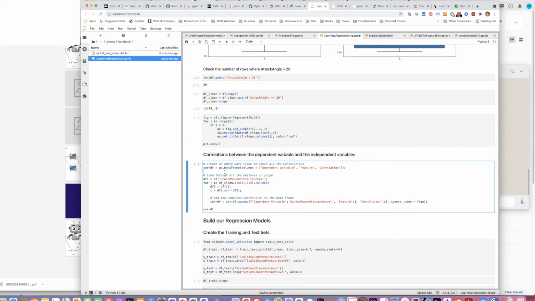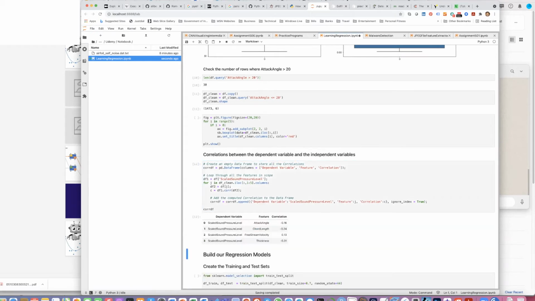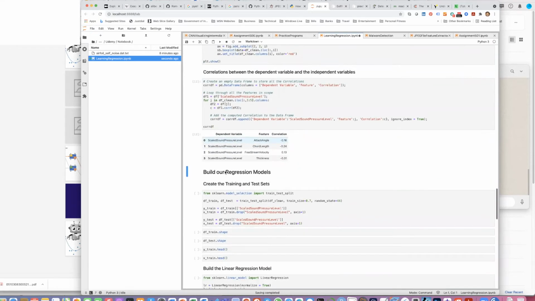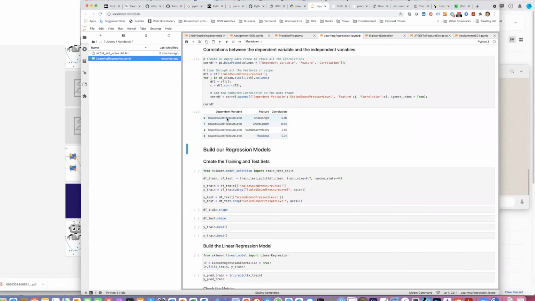This is a very important step, because I will tell you the reason why. Now you see that I have taken the correlation between the dependent variable and the independent variables. Apart from this, we will also have to take a correlation between the individual independent variables. This step is very important because in data analysis or in machine learning, if we have variables which are highly